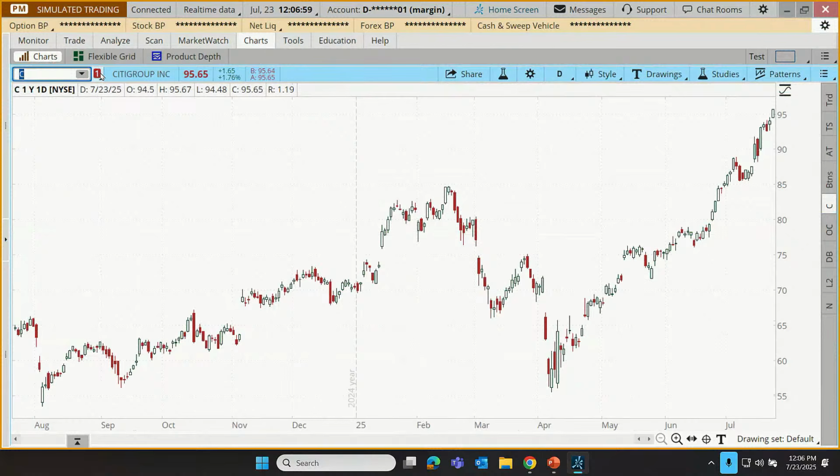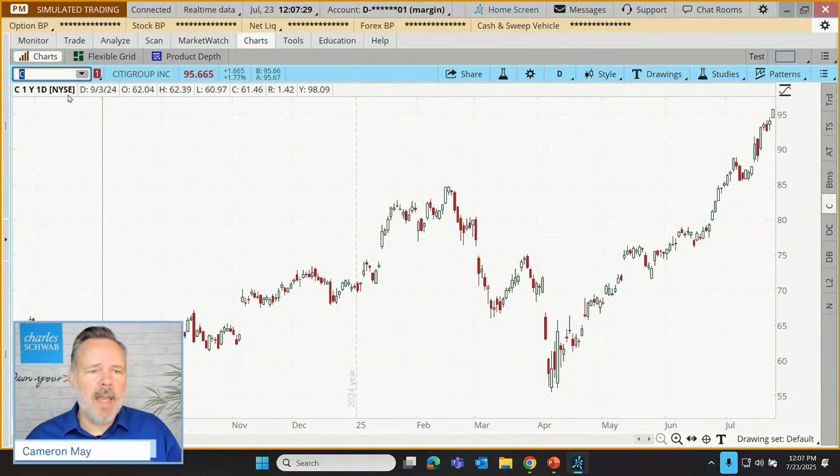All right, so just to the right of our linking, we see the name of the company. We can see what the current price is, $95.63 for Citigroup as of this moment. This tells us how much it's up or down in numerical or dollar terms and percentage terms. So I can see it's trading at 95.66. That's up $1.66 from yesterday, or 1.77%. We see the bid and the ask price, current quote details for Citigroup.